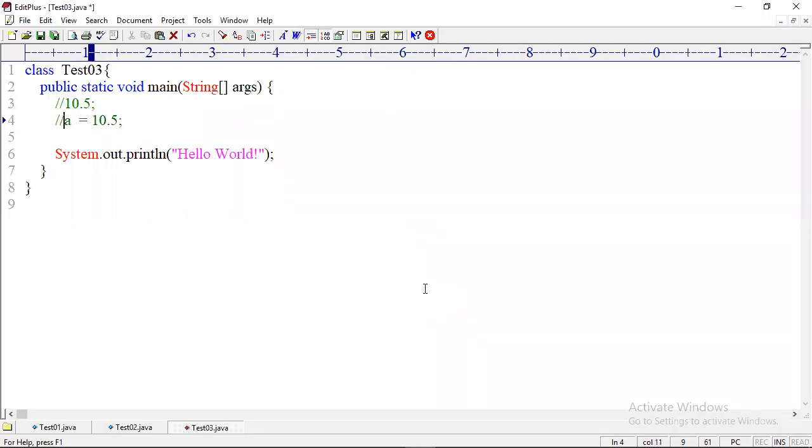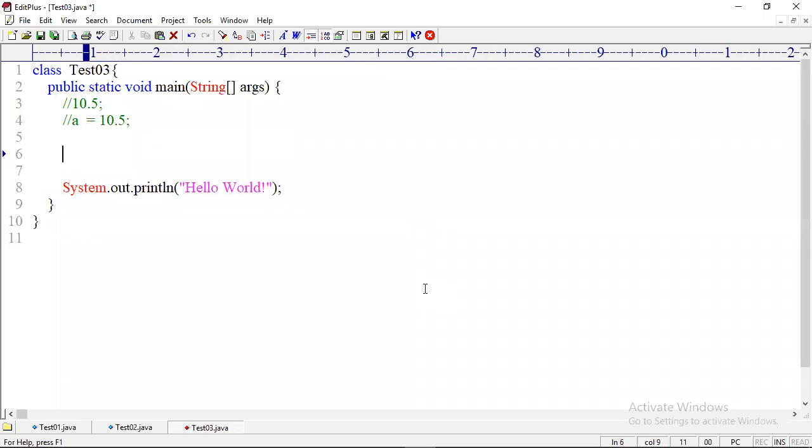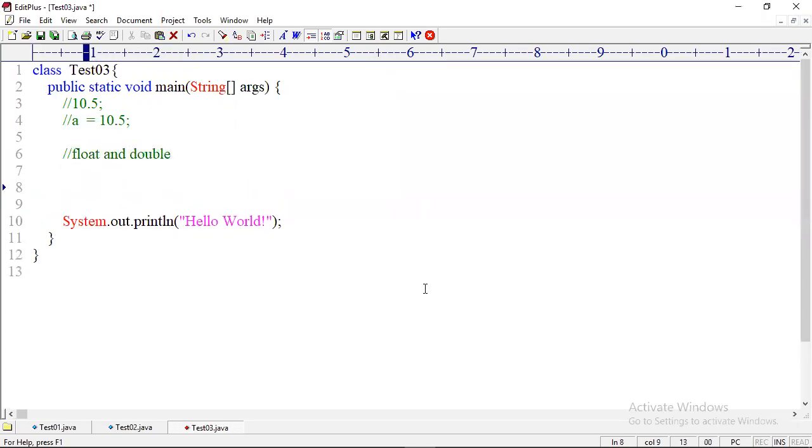Then, if you want to store this value, you must create the variable a with some data type. Which data type do I have to use? To represent a floating point number, we have two data types, float and double. Which one must I use?